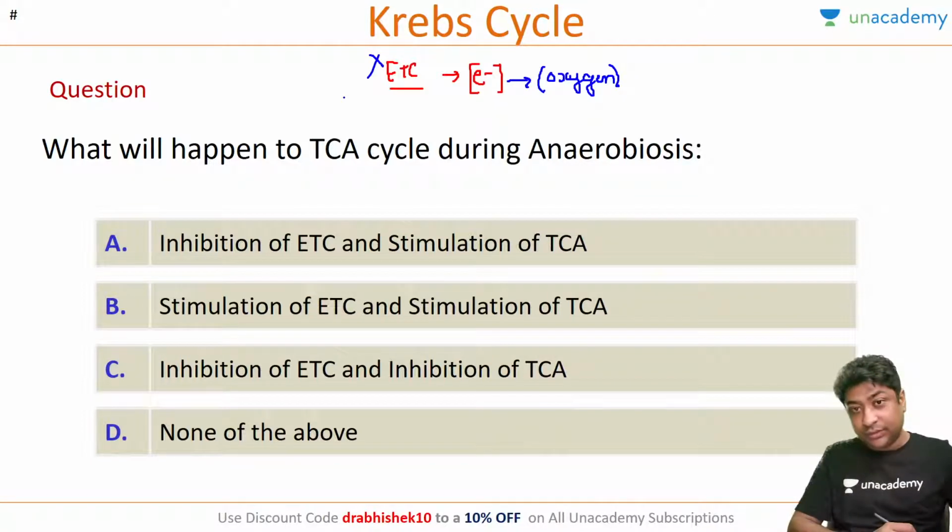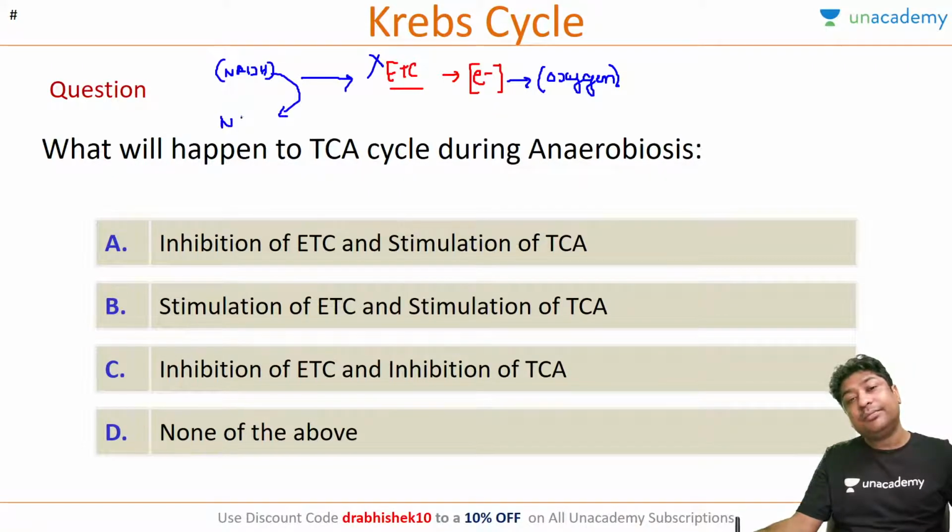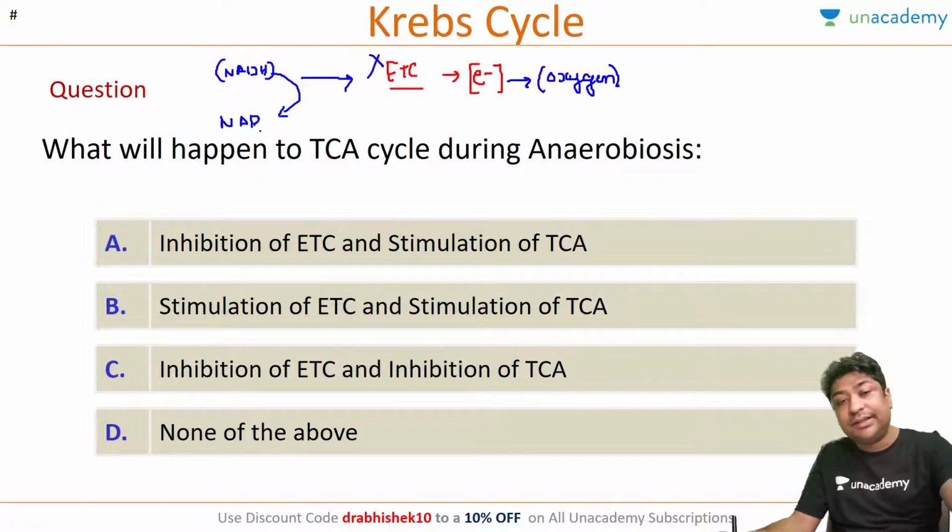Yes or no? If oxygen is there, the electron transport chain will not work. If the electron transport chain will not work, all the NADH will not be getting converted back into NAD. Okay, and what will this lead to? This will lead to a depletion of NAD,